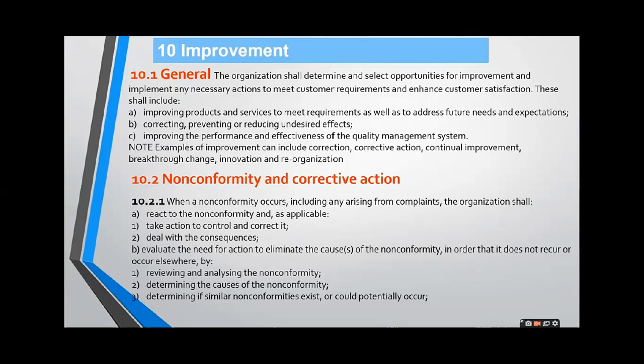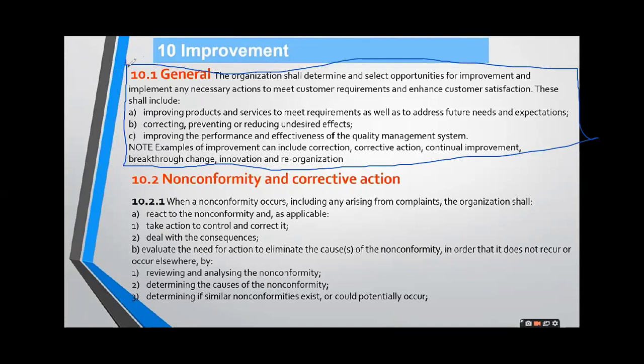So if you ever go through an interview in the future, they will ask you one simple question: what is the core principle of ISO 9001? So, for your knowledge, I'm explaining to you. This part is the core principle of ISO 9001. Please memorize this clause. If you know this clause, you are at the top of the ISO. If you know this part, this is very important. Okay,